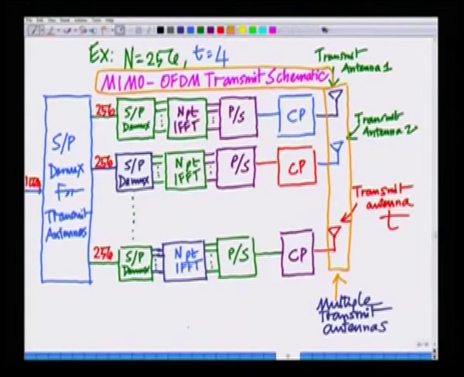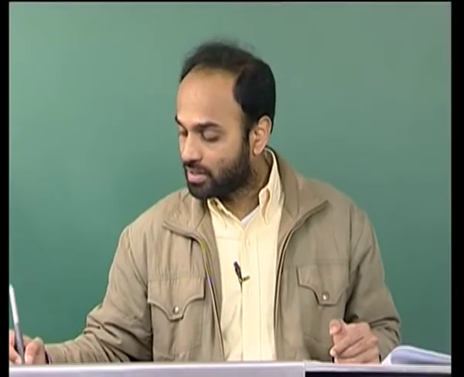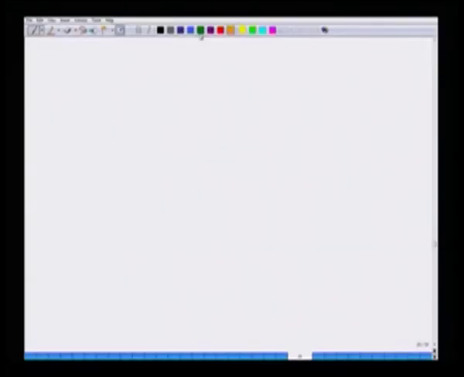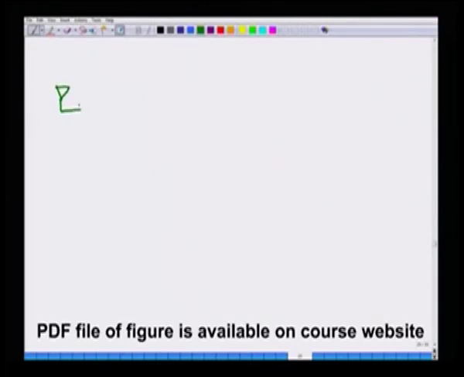And correspondingly, now we will look at what is the corresponding receive processing that has to be done in this MIMO-OFDM system, similar to what we had in the OFDM receiver. I will have to remove the cyclic prefix. So, CP removal. I will have a block to remove the cyclic prefix, followed by